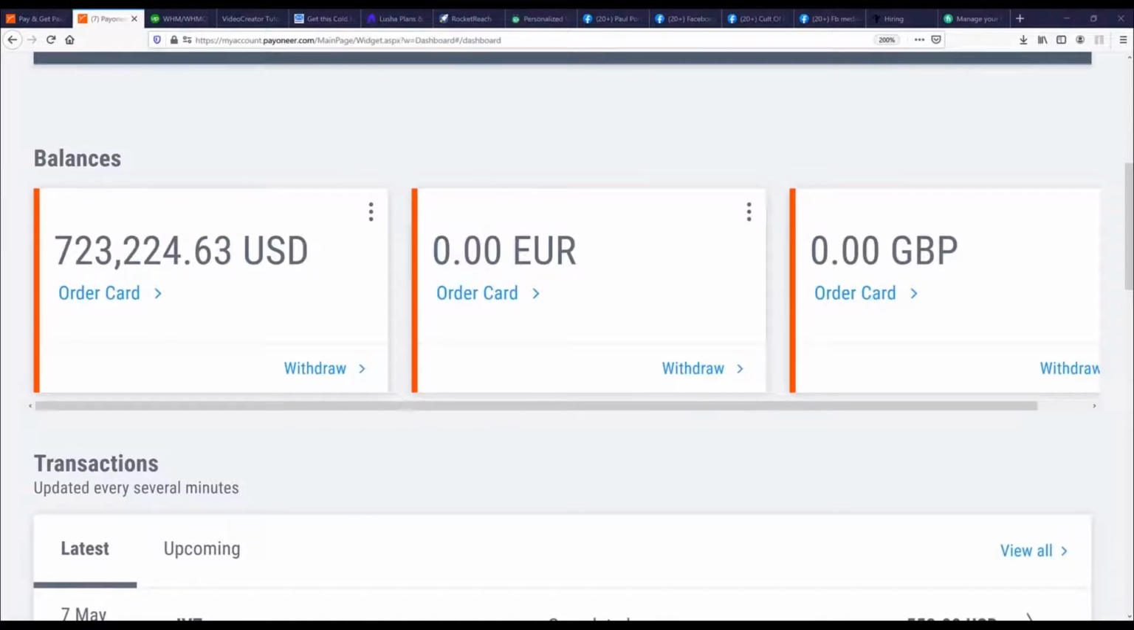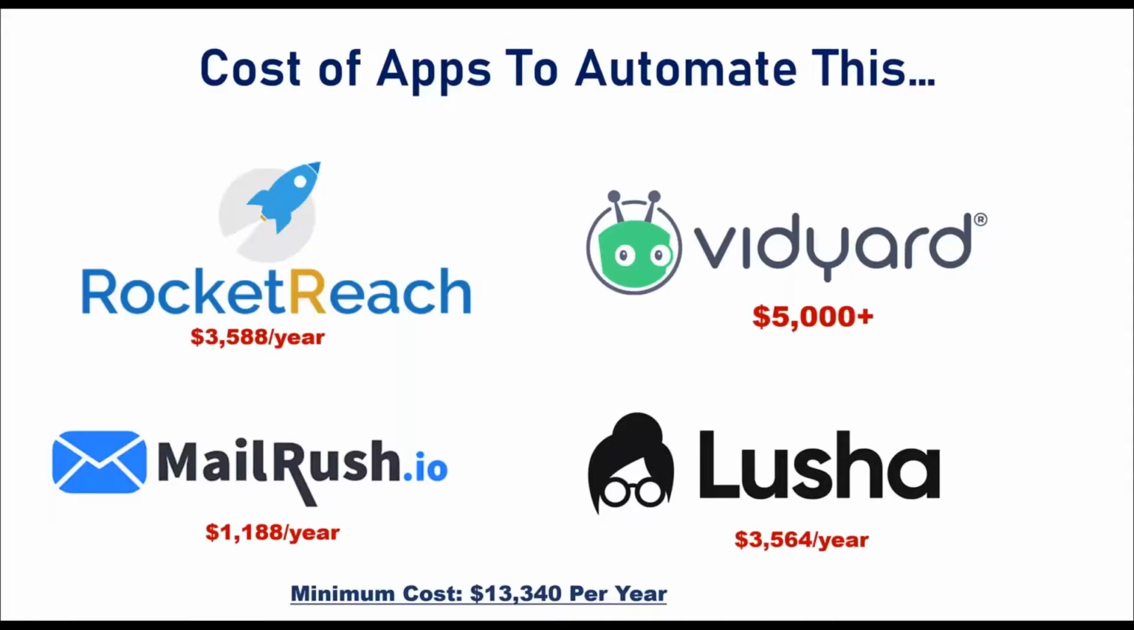Now, in the early days, when I got started with this, I had to use a whole bunch of tools to make it happen. To find the client, I had to use a technology called Rocket Reach. To engage with the client, I had to use a technology called Viddle. To follow up with that client, I used a technology called Mail Rush. And again, to make sure that the client's email address is actually functional,